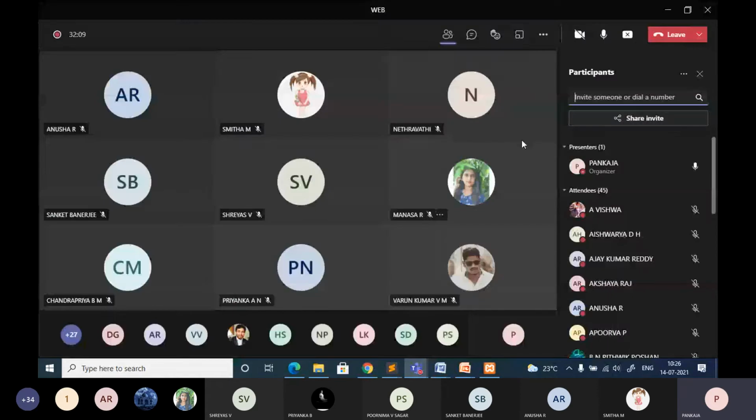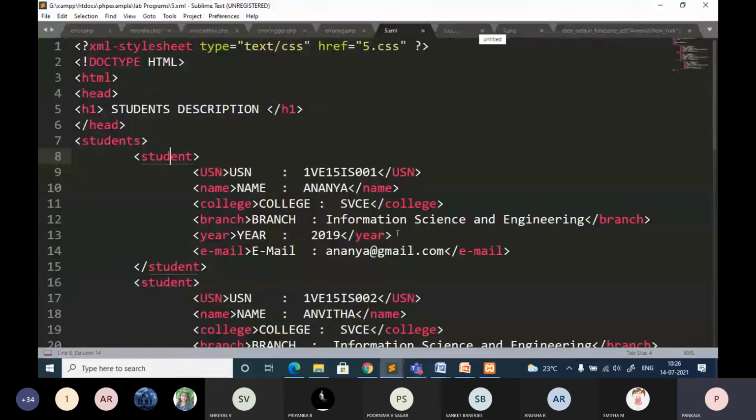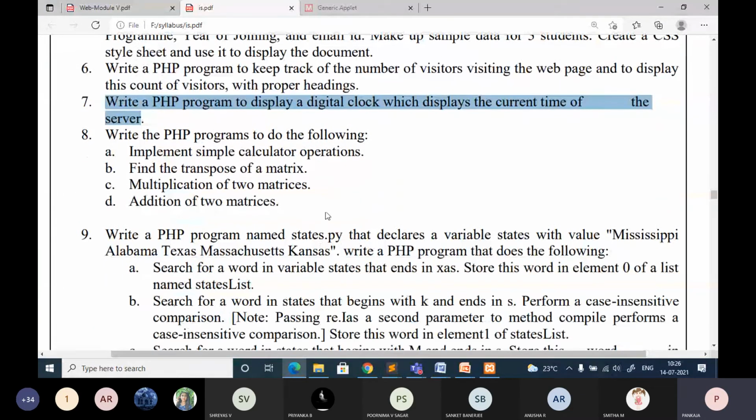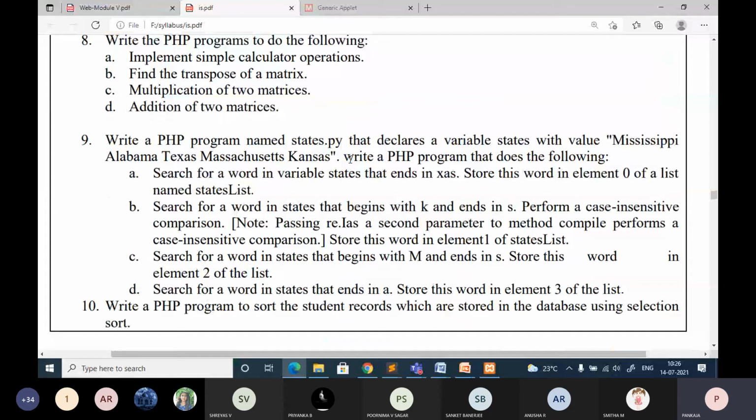Okay, next, let me go to the next program. So what is the next program? That is the seventh one. So if I complete this now, I have completed 8 programs. So I want everyone to parallelly complete 8 programs. Still, if you are doing 1 or 2, just speed up and complete the programs. I will try to complete the remaining 2 programs within this week. If not, next week. And parallelly you prepare the document.